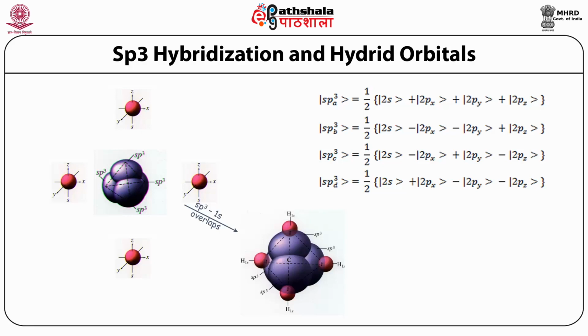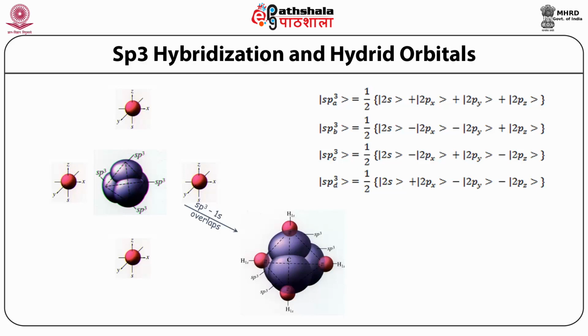In order to make the elongated wave functions in the 4 directions in tetrahedral configuration, the 2s orbital and 3 2p orbitals are mixed with each other, forming the sp3 hybridization, and orthonormal atomic wave functions for sp3 hybridized orbitals in these 4 directions are given by, that is, we have